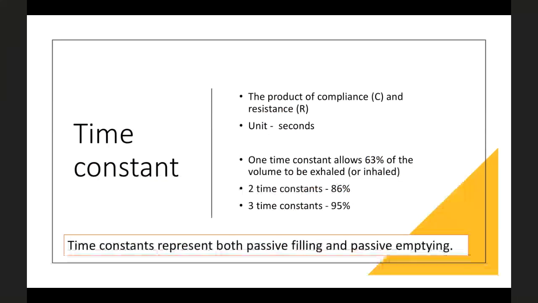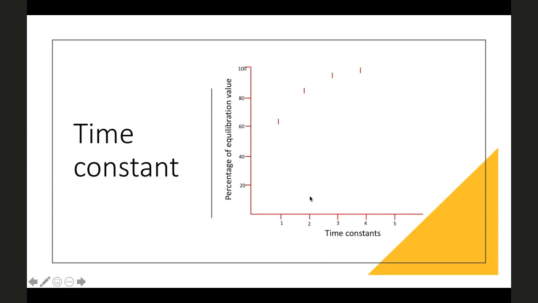Next, everybody speaks about time constant, especially when you are speaking about COPD ventilation. It's nothing but the product of compliance and resistance. Its unit is time. So it represents both passive filling and passive emptying. So either for filling or emptying, it comes into play. Here in the graph, you can see the percentage of equilibration value, and in the x-axis, you get time constant. That means one is one time constant, next segment is second time constant, 3 is